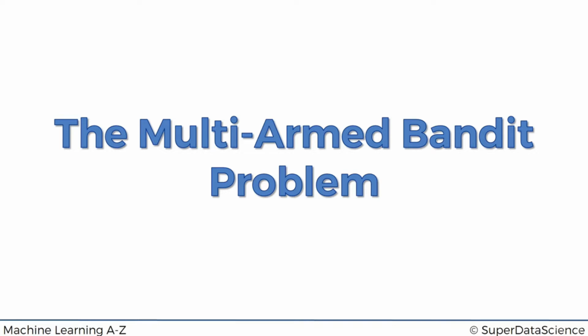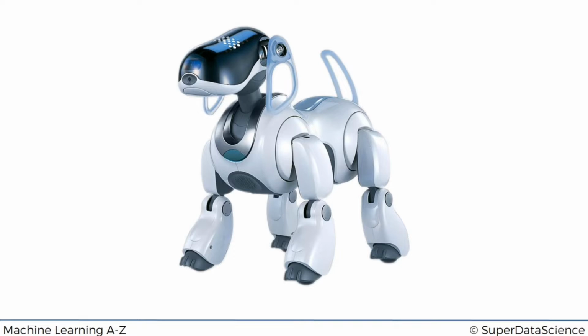Reinforcement learning, for instance, is used to train robot dogs to walk. And I'll give you a quick example. Once you've created a robot dog, you can implement an algorithm inside the robot dog which will tell it how to walk. You can tell it, all right, move your front right foot, and then move your left back foot, and then front left foot, right back foot, and so on. You can actually give the sequence of actions that it needs to take in order to accomplish a task, which is walking. Or you can implement a reinforcement learning algorithm which will train the dog to walk in a very